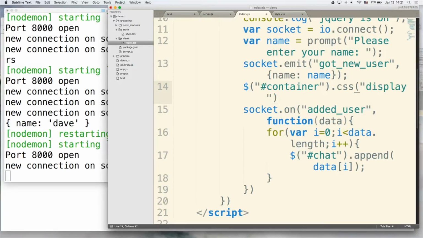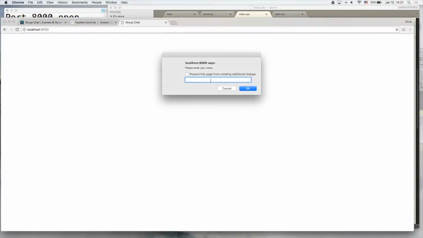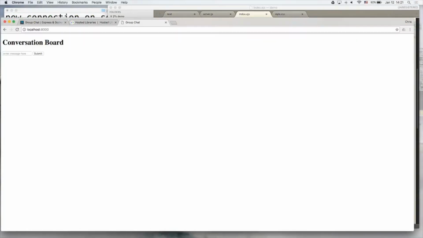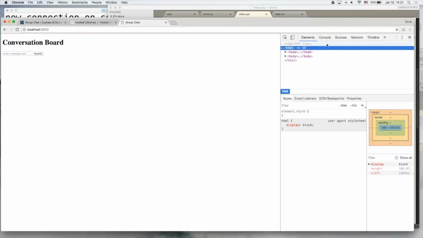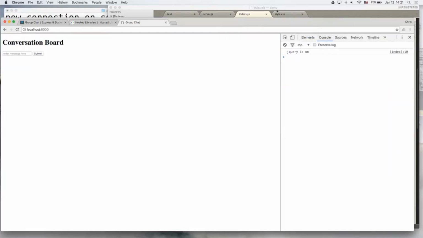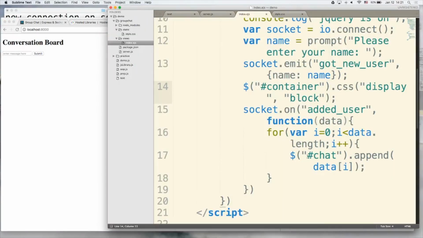Display. Well, for the .css jQuery, first you have to pass it which attribute you want to change, and then the value, which is display, say block. Okay. Let's see if this works. Partly works, so we know the display part works. Inspect element, console, we got nothing. So